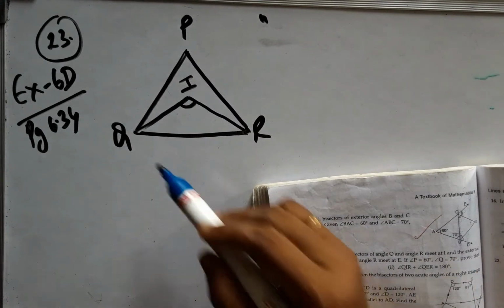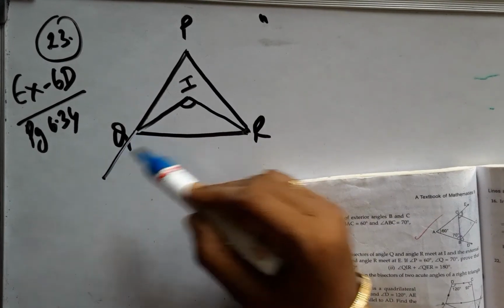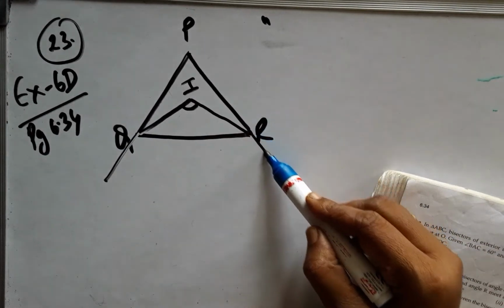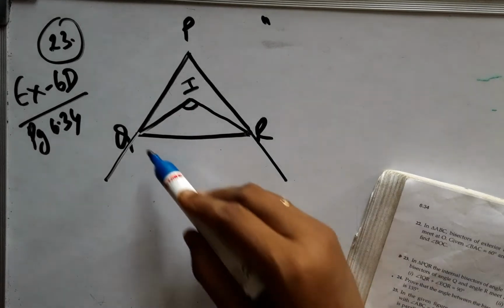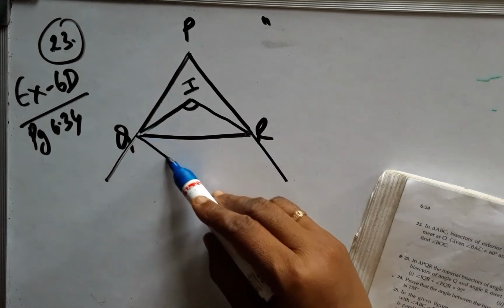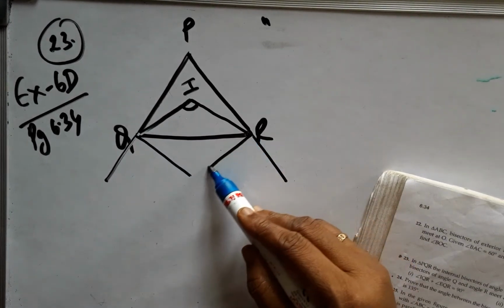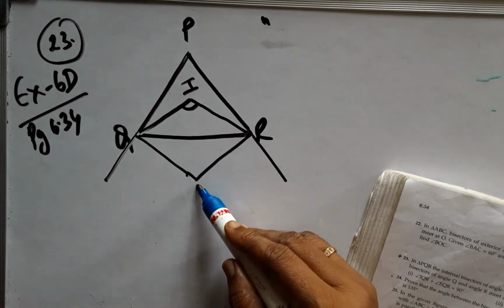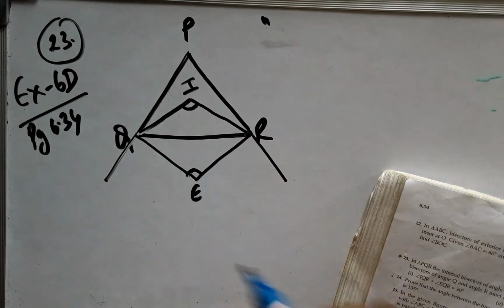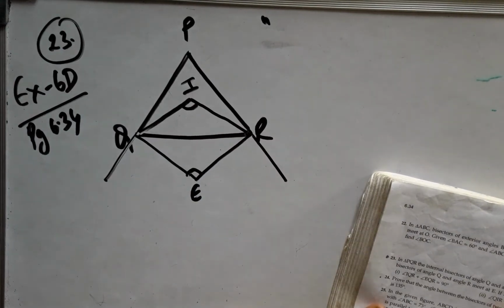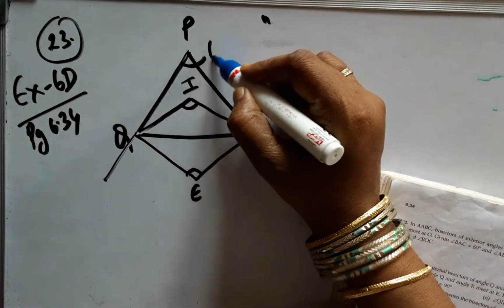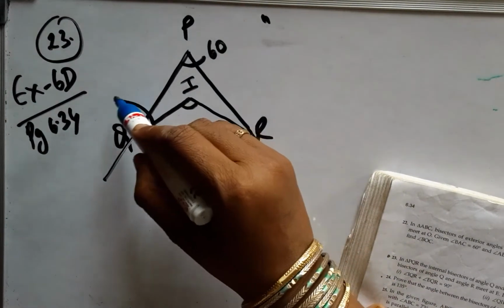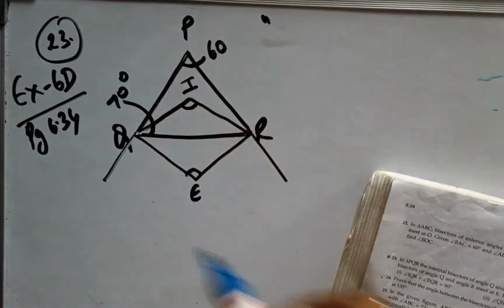External bisectors of Q and R. If I extend PR and PQ, they will have external bisectors. And these two are supposed to meet at E according to the problem. If angle P is 60, now this is 60 degrees, and angle Q is 70 and this is 70 degrees,